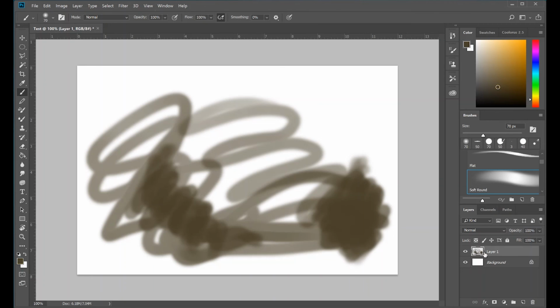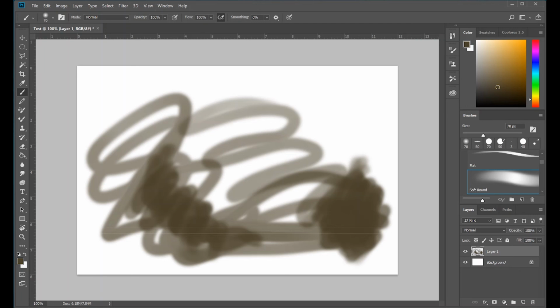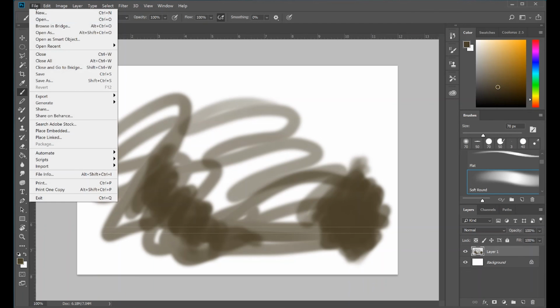Off to the right hand side here, you can see this layer. If I click on this eye, it will hide the information in that layer and it just shows the background. But for right now, I'm going to show it because up in the top left hand corner, once you're done with your project, you go to File, Save As,